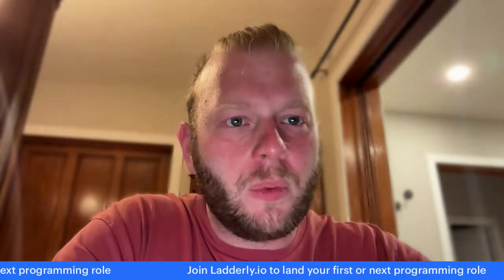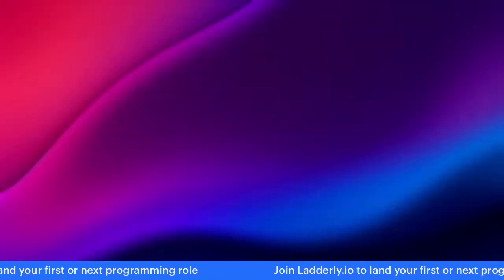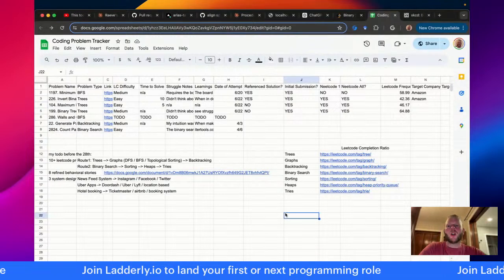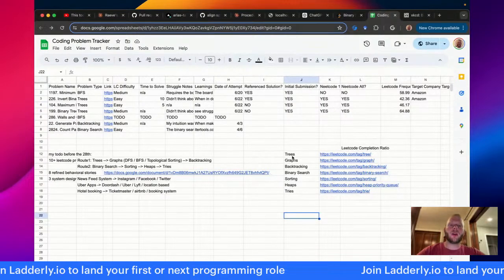Right. And this is a highly scientific experiment. So we will be following some structure. I'll show you this spreadsheet. This is not the Wild West. This is, in fact, a scientific experiment. So Leetcode will be following a particular pattern.